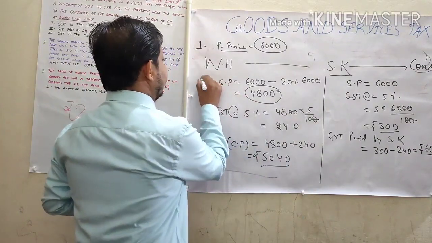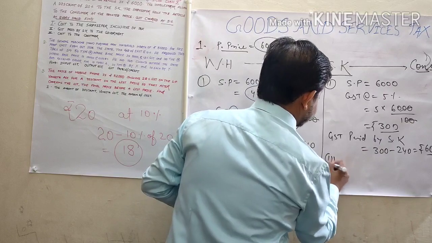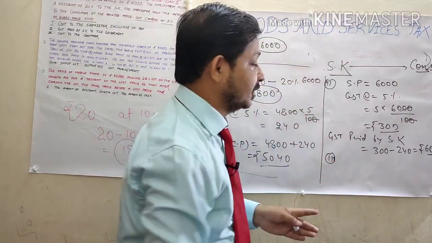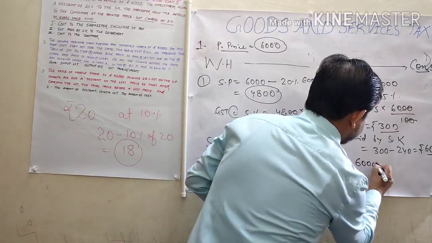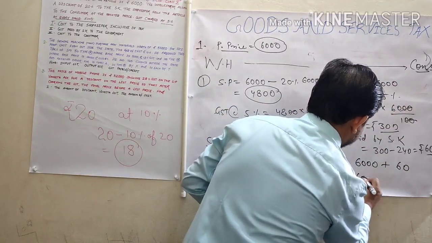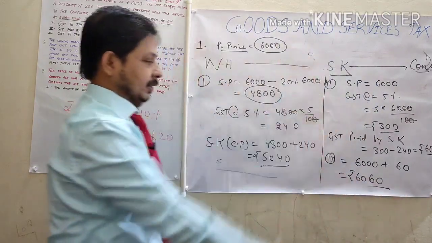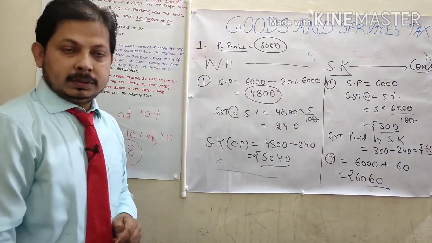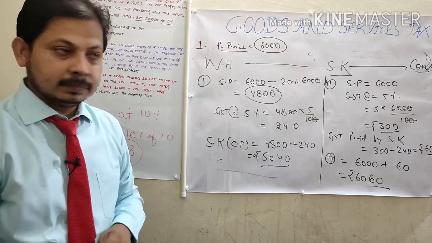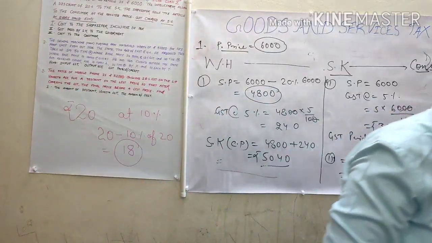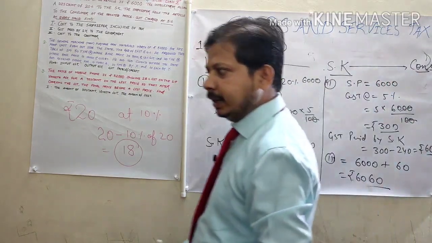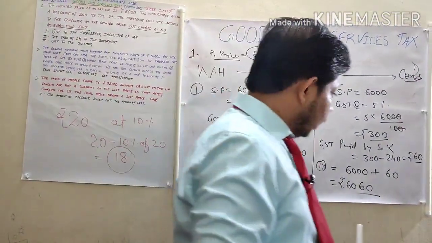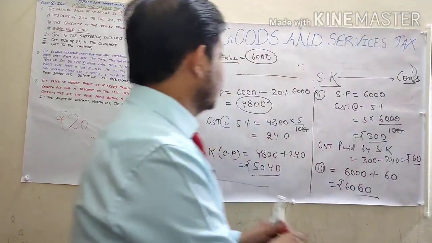And then third, the cost to the customer. This is the first part, this is the second part, and the customer, poor customer, suffers and is finished. See where it started from. The customer will pay the printed price plus GST, rupees this one. A very good question. Clear? So this is the first question I have selected. Why? Because this will give you knowledge about percent discount, everything I said in the beginning. Now coming to the second question, this will be over.